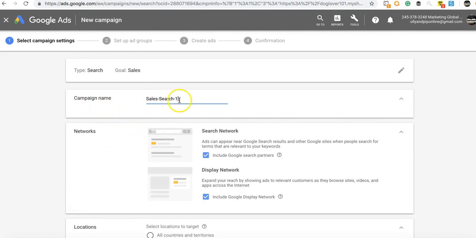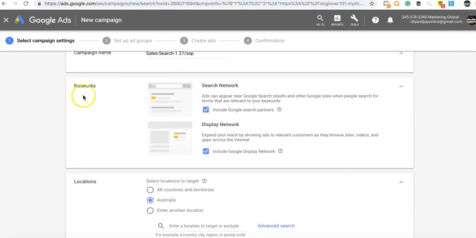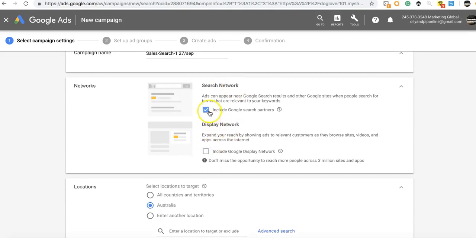Okay. Campaign name. What I like to do is I like to say, sales search one. So your first campaign you've set up, and then you can even date it. So the date today is the 27th of September, just so you remember. Next thing down is networks. Search network or display network. Just put it on